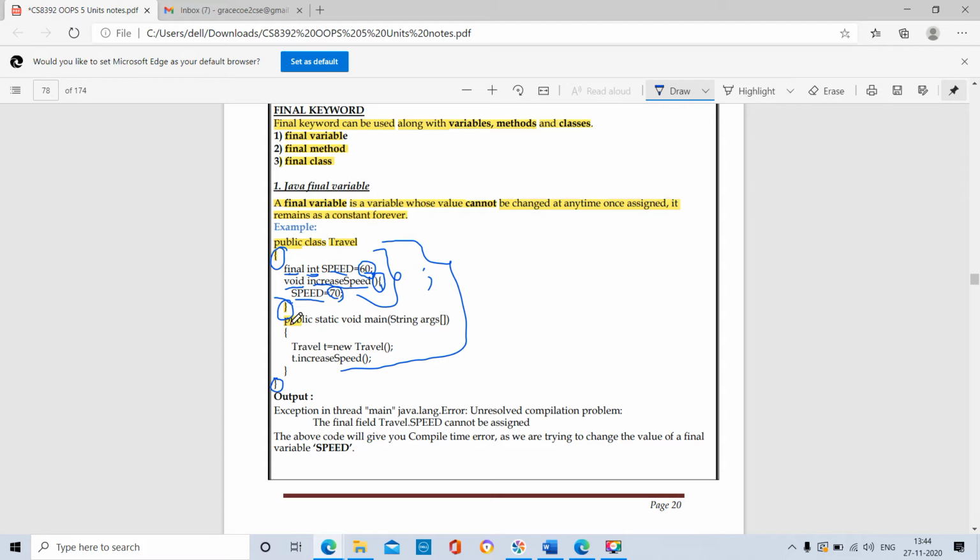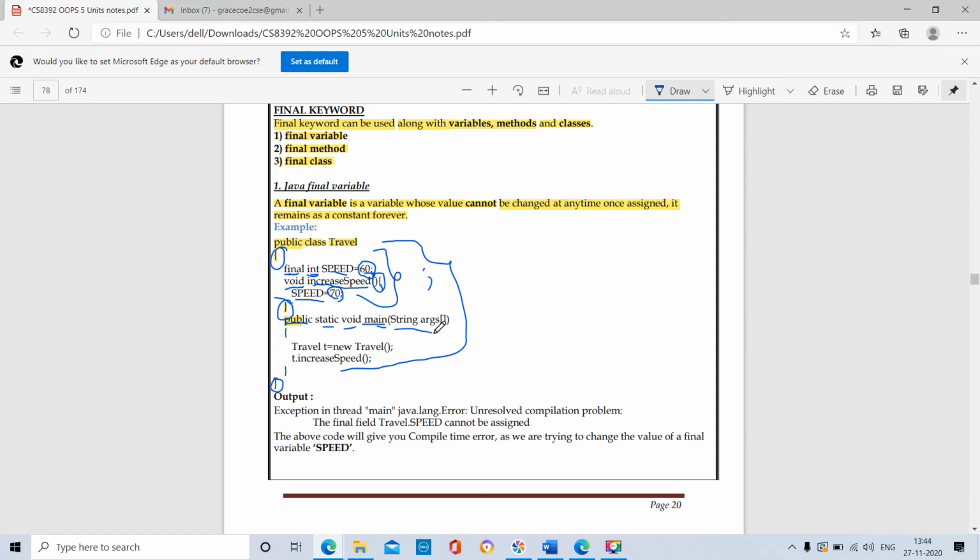Next we have the public access specifier. Static is the keyword used so that without any object instantiation, this method will be run or compiled. Without any object creation, without any initialization, this method will automatically run. Void is the return type, no return type. Main is the method name, it is the main method.